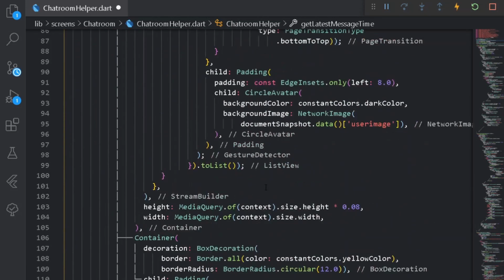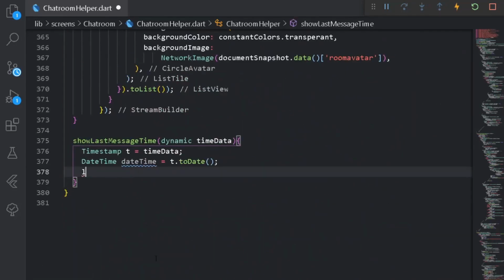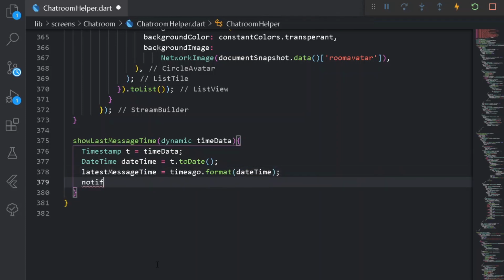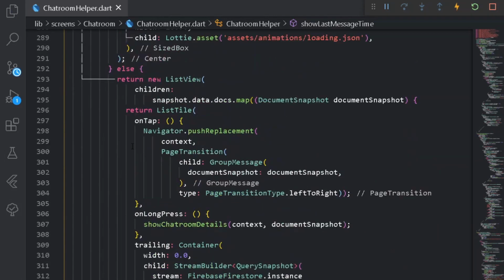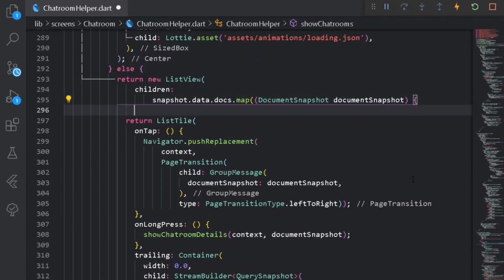Cool. So now I can simply come down to my method, and here I can simply say let test message time should be equal to time ago dot format, and under my format I can simply provide time date time, easy thing. And once we have done this, let's notify all the listeners. Format document first. So now we can copy the following name of my entire time, and come up here and simply paste it here.